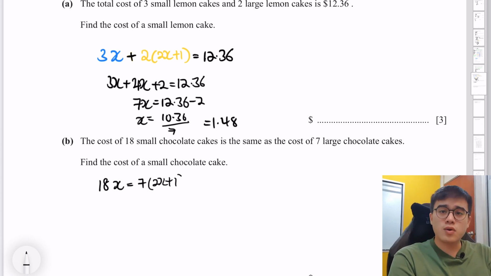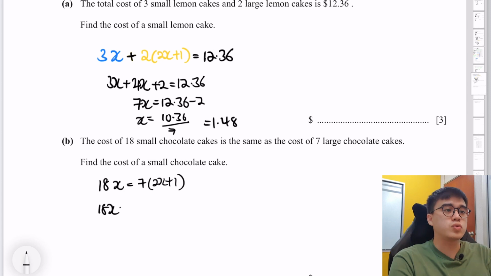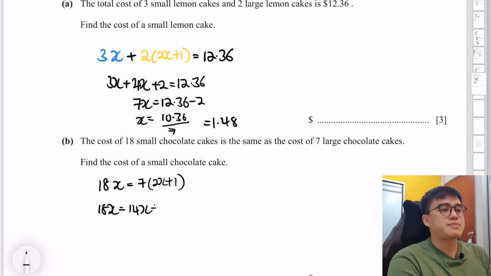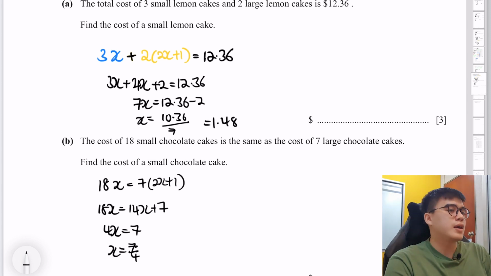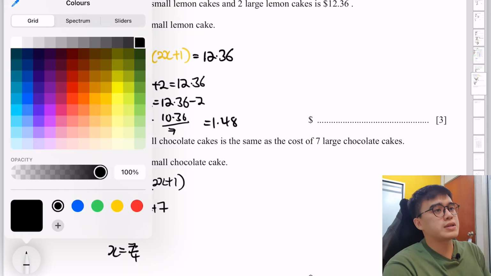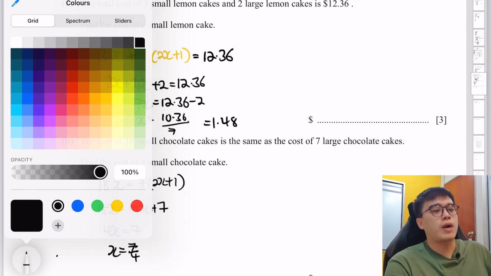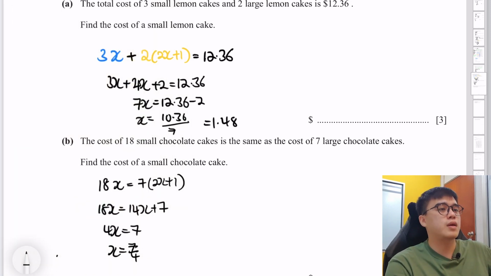So 18x equals 7 bracket 2x plus 1. Expand the brackets, shift them accordingly. You should get 18x minus 14x equals 7. You get 4x equals 7, and x will be 7 divided by 4,